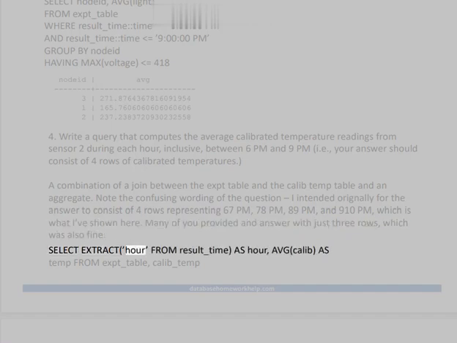Select extract(hour from result_time) AS hour, AVG(calib) AS temp from exp_table, calib_temp